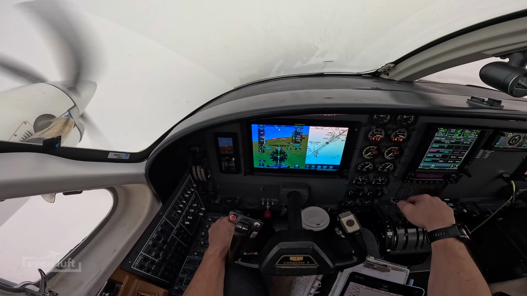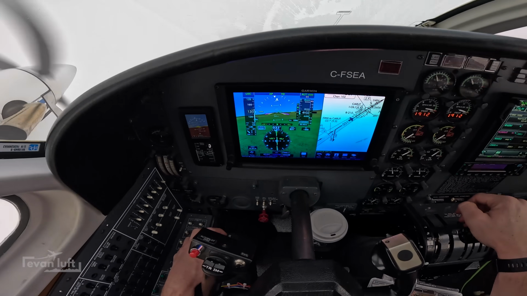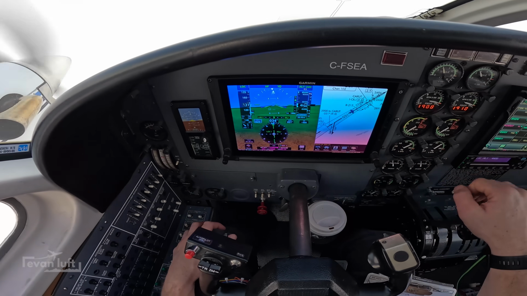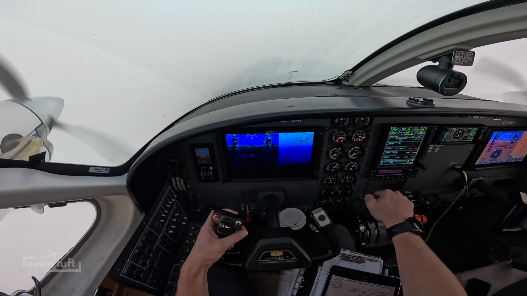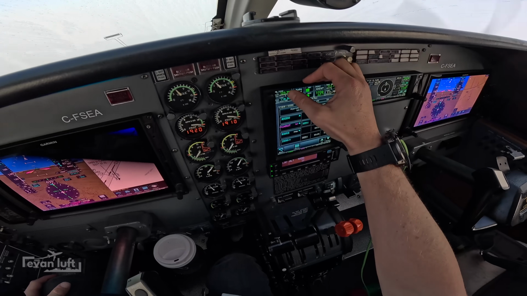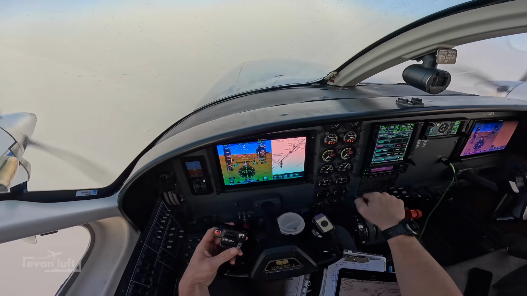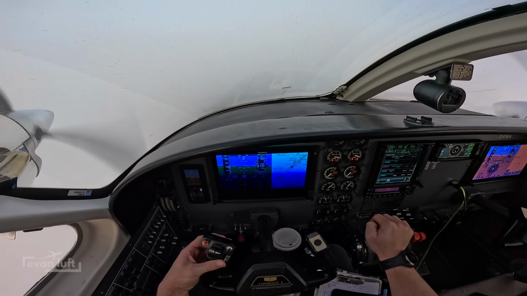Nice gradual turn. We've intercepted the localizer now. We want to stay at 4,500 until that glide slope comes in. You can see it's now at about 1 dot above us. And ATC cleared us over to tower, and they're probably going to clear us to land quite a ways back